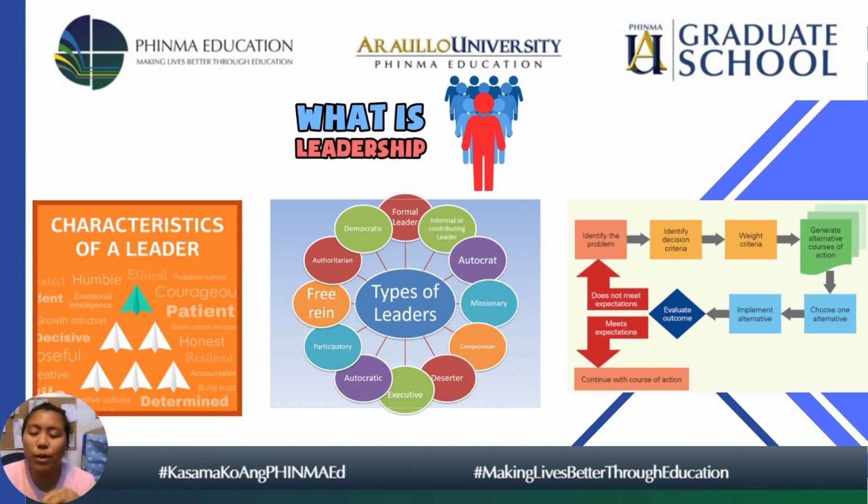And then after that, implement the choice. Okay? So, okay, we have chosen this option. Ito yung kailangan nating i-implement sa ating organization. And then lastly, review and assess. Did it work? Is it working? Okay ba? The result is good ba or no? Kasi if the result is not good, then we have to revise it and go back to step 1. That's why the 7-step format for decision making is used also in organizations, which is very relevant in human relations and in leadership.